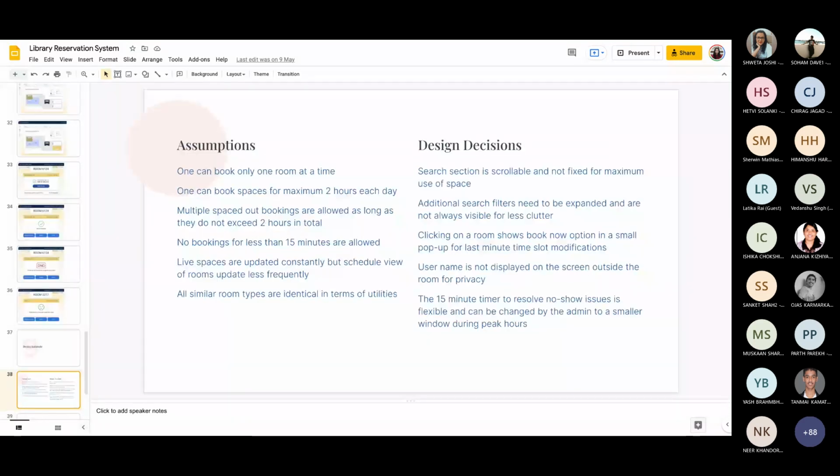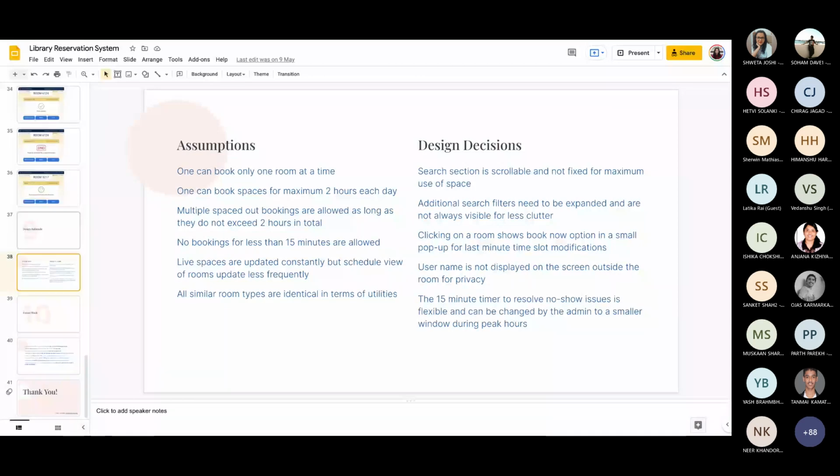Design rationale. So design rationale is something that I covered very briefly in the beginning, and it is something you should really have on your portfolio: why you made the design decisions in a certain way. So for example, mentioning that my search section is scrollable and not fixed for maximum use of space. So for example,